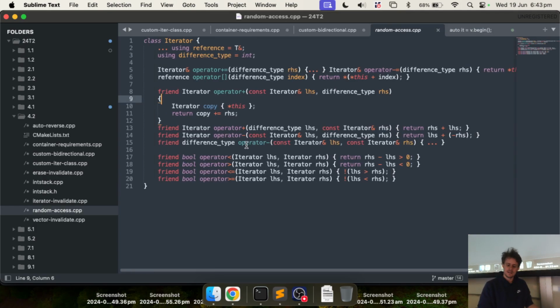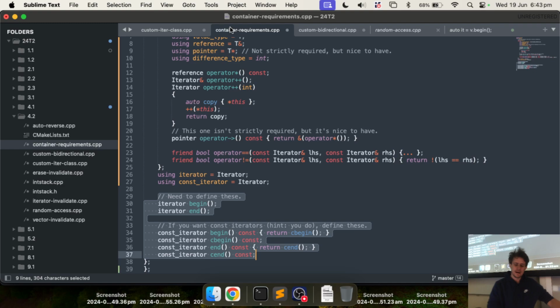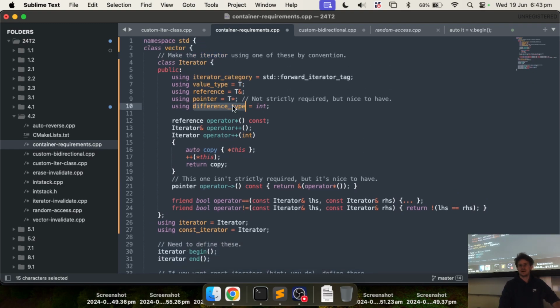And that's actually where that difference type comes in, because if you remember way back, we had this difference type here. I don't really remember why in the slides it's an int, but typically it's kind of the same type you're actually dealing with, because it's just how many steps you jump. It's the abstraction of when someone increases your iterator by 1, how far are you going? So I generally imagine that that's T, but a lot of the examples do seem